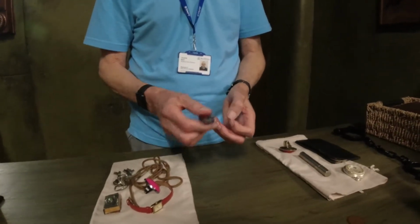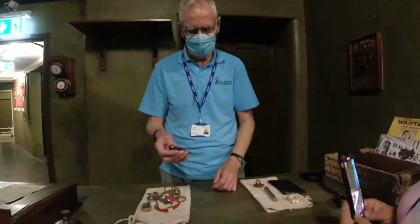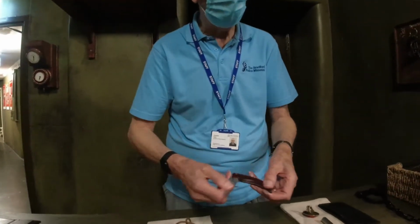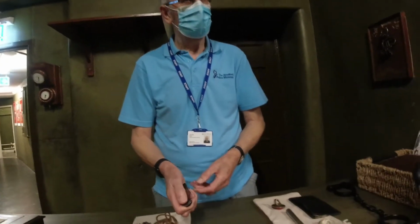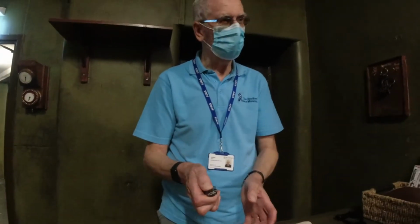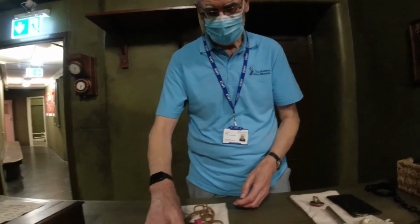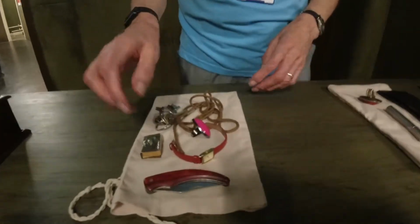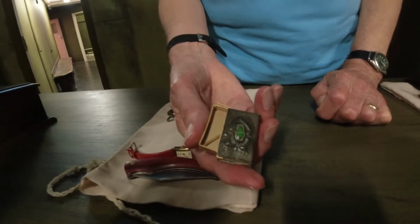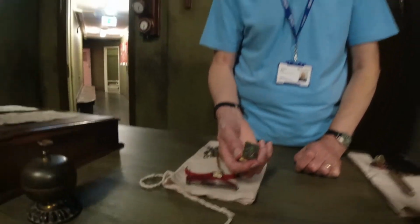But we'd still be suspicious and we'd take it off you, because if you're going to the cells, we don't want you in the cells with one of those. But as it stands now, the law, that is legal because it takes two hands to open it. Yeah. But there was one point when they were against the law, wasn't it? No, not that size. If you press a button and it flicks out, different matter. But as it is, you need two hands, so that's legal. But we would take it off you because you're going in the cells. What would you set on fire in the cell? The mattress. Do you have mattresses? Oh yeah, they didn't have mattresses. Well, what they had was,